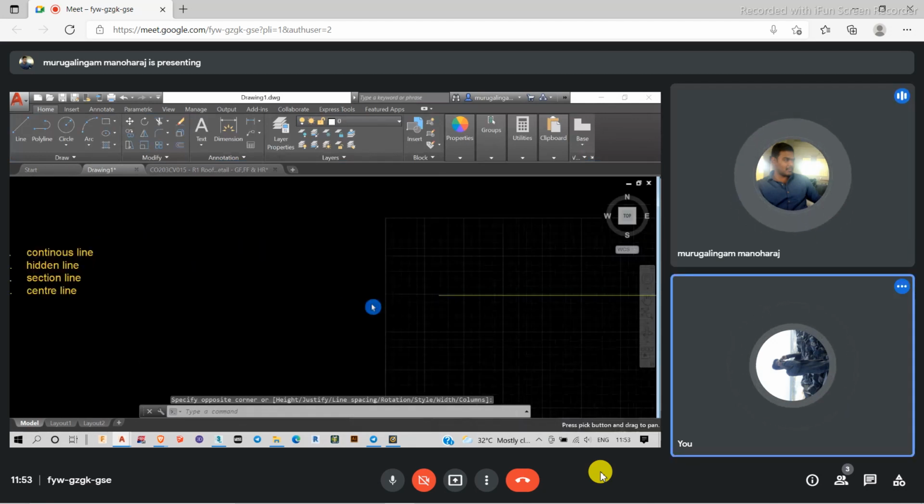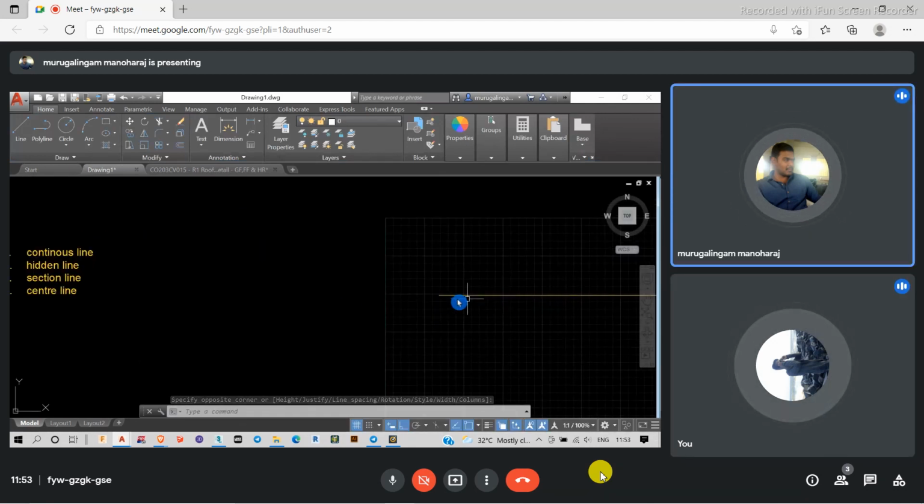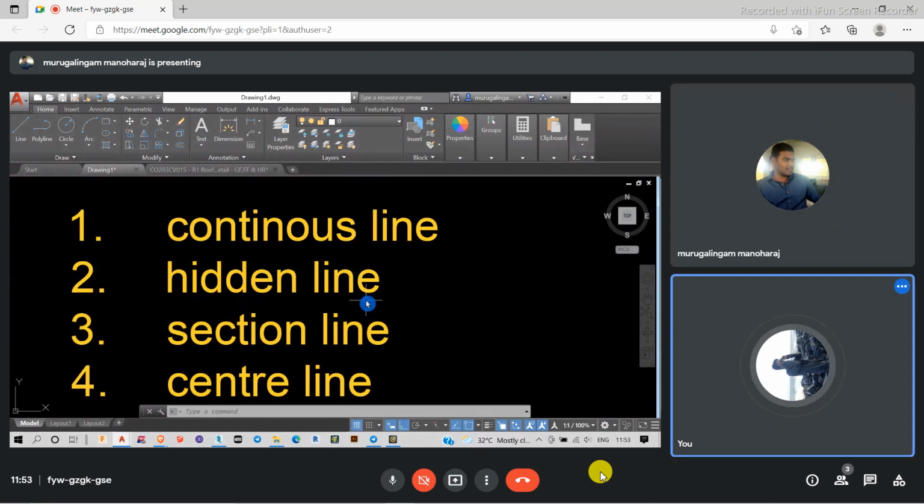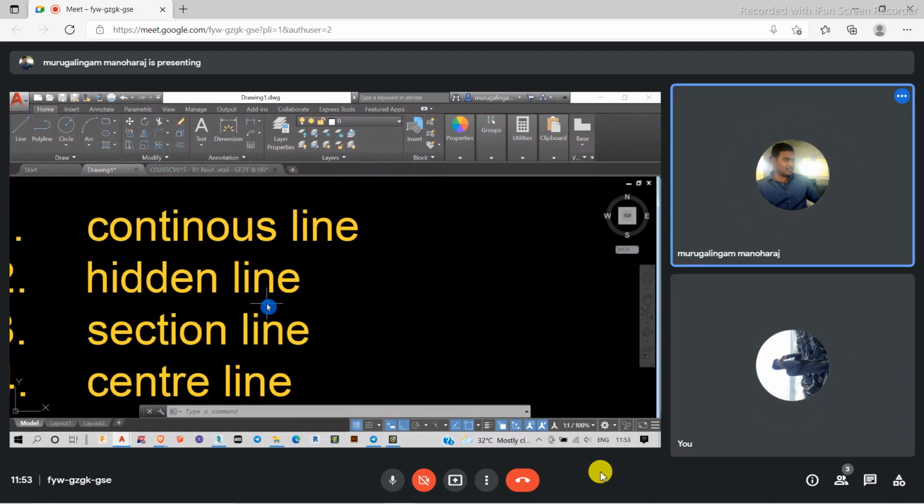So this line is called a continuous line. It doesn't have any gaps at all. So what is the hidden line? Have you heard about the hidden lines? Yes, sir. Dotted lines. What it is trying to represent is that suppose I am drawing something and the line is not visible directly, but it is present on the back side. Then I have to represent them by a hidden line. That's called hidden line options.